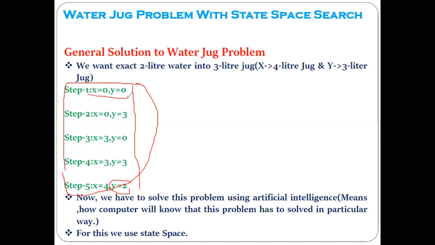की जसं आपण दोन्ही जग अगोदर एम्प्टी घेतले, त्याच्यानंतर आफ्टर दॅट we have filled the second jug, then we have poured the water from the second jug into the first jug, okay, and then again we have filled the second jug, and lastly we go on pouring the water from the second jug into the first jug until the first jug gets filled, and in this way you got exactly 2 liter of water in the 3 liter jug.